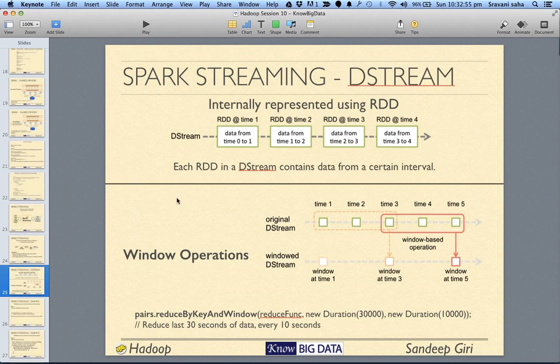Now this is how it looks. DStream took the data and converted it into an RDD at one time, an RDD at another, and another. Or you can look at it this way: DStream is essentially converting each second's window into a single RDD. As more and more data comes in, it creates more and more RDDs in real time. For each window, it has created one RDD.